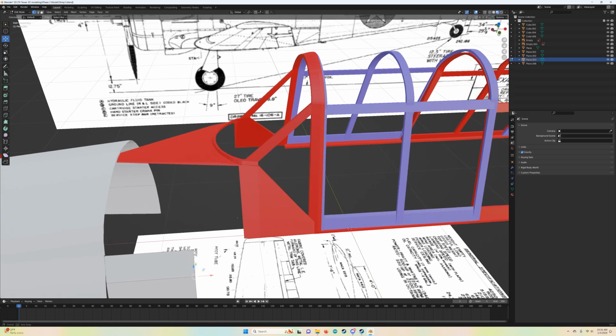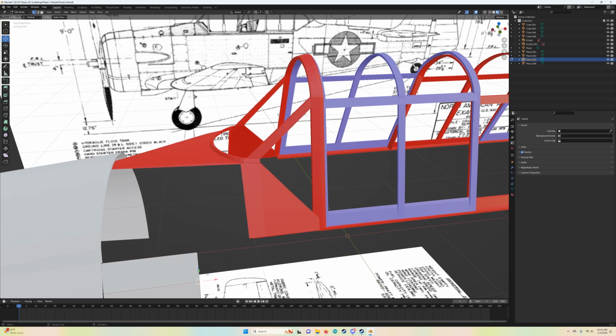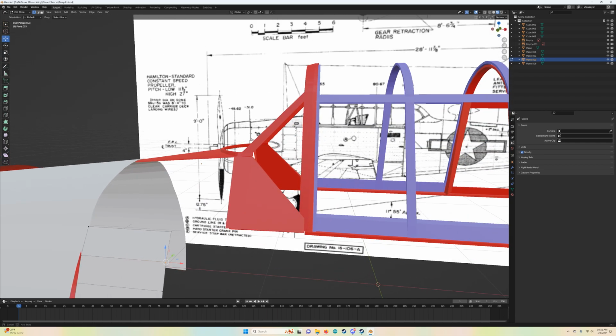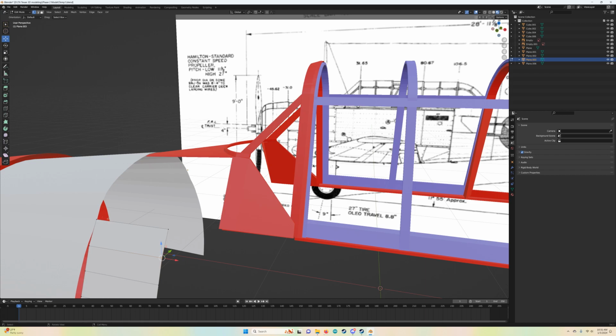I am putting together these panels. What I'm going to do is create ribs that go from this rear section of the cockpit to the front section of the cockpit, and I want to follow the curve that I've already got here. And I just want to show you how I'm doing that. I'm able to select these points right there,